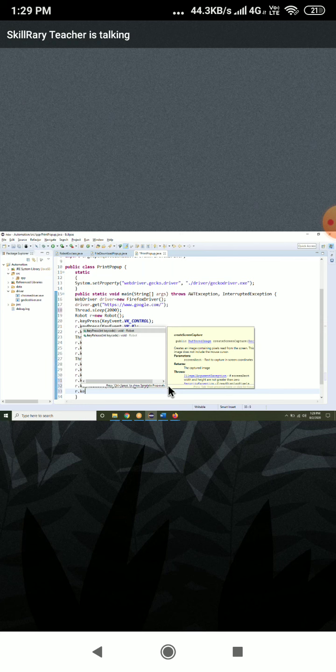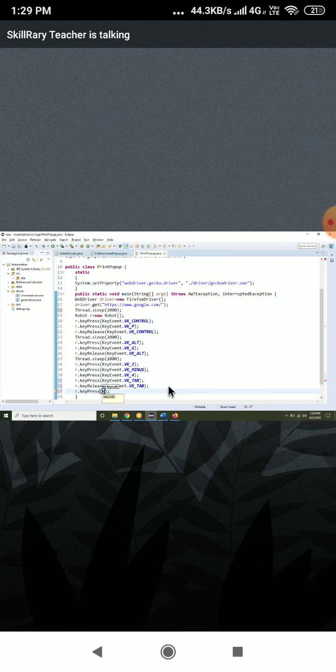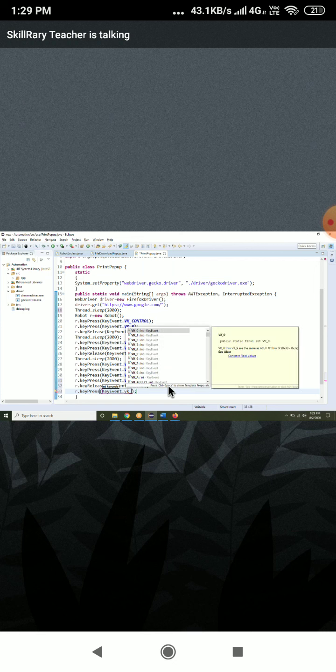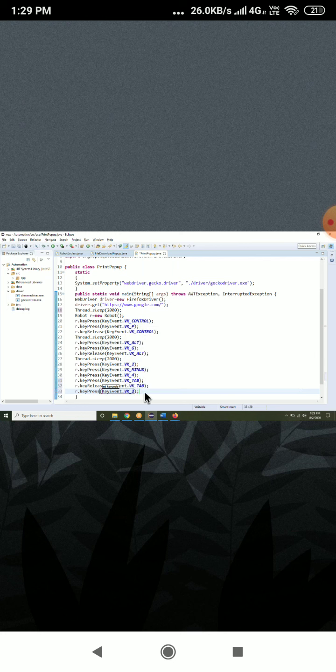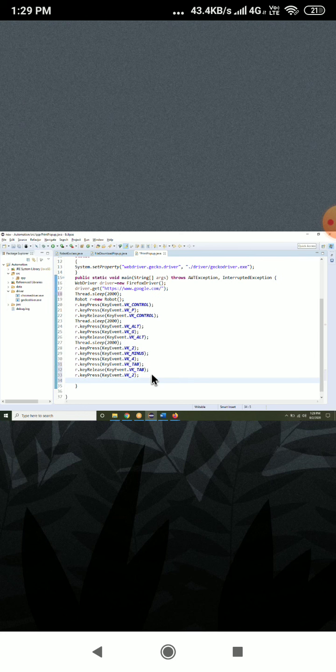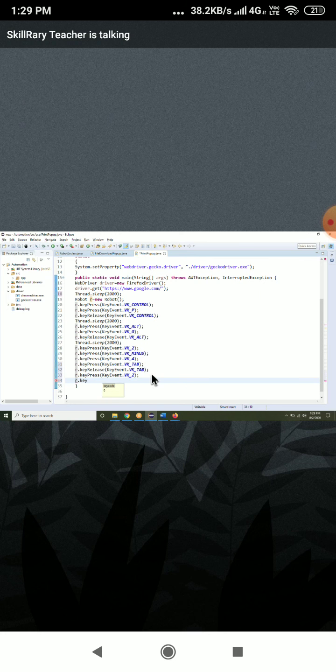Tab means go to control. So I will give key event dot tab. VK underscore, key event VK underscore. Done. After that, click on enter button.